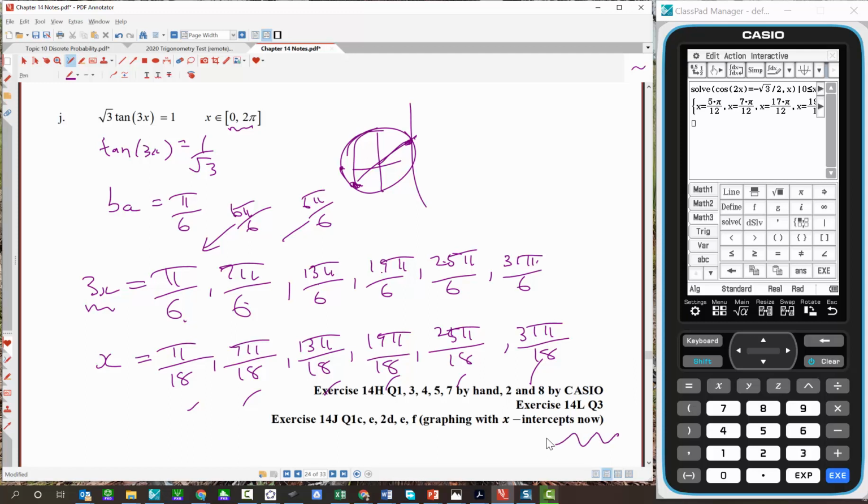All right, so the exercise now will be to do all of these questions, noting that these ones here are done by hand, and 2 and 8 with Kaz. Do exercise 14L, question 3, and go back to 14J and do these particular sketches here, noting that now what I'm going to get you to do is graph with the x